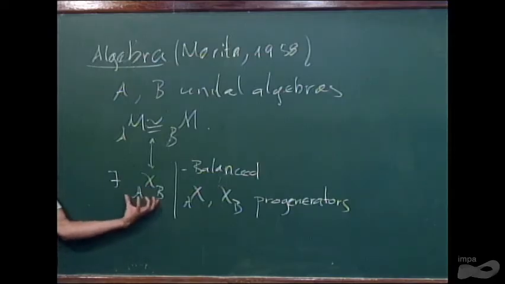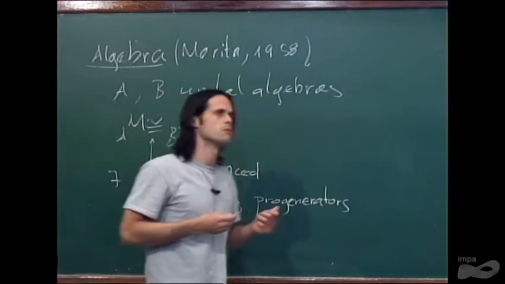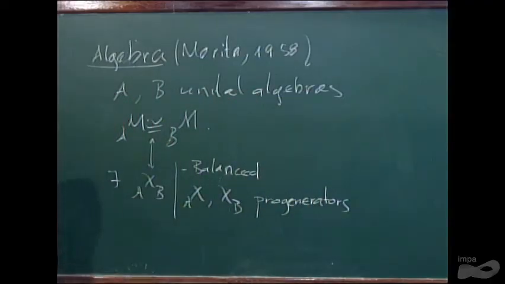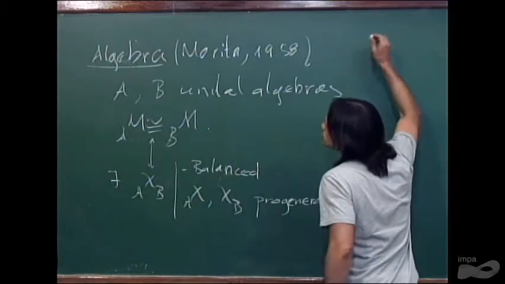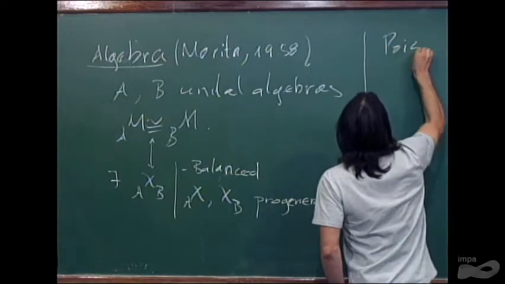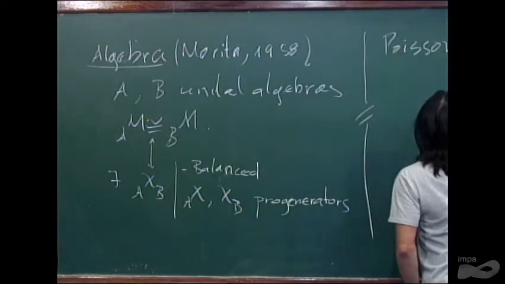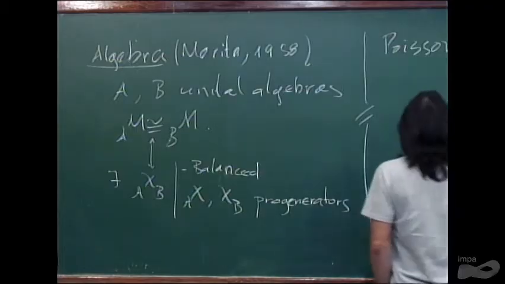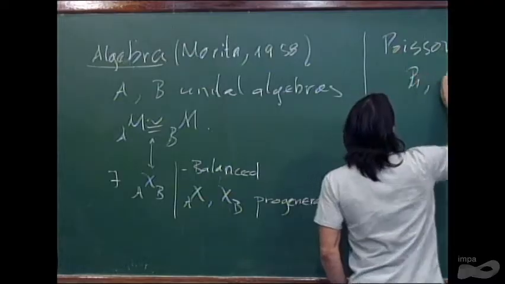And this idea was very fruitful because it allowed you to introduce Morita equivalence almost everywhere where you can define a nice notion of bimodules and a nice tensor product between them. So one of those instances which is important for us is Poisson geometry. So we are going to choose Xu's work from, I think, 1991. He considered Poisson manifolds, P1, P2,